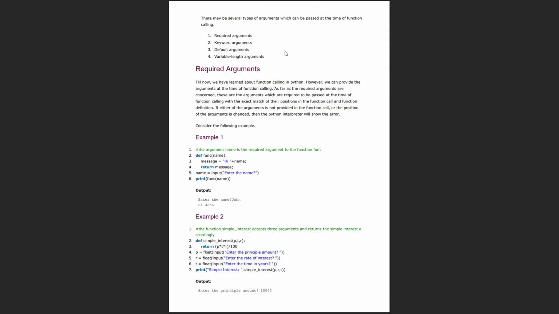We have different types of arguments which can be passed at the time of function calling. During the function call, we can pass different types of arguments which are present in Python. They are: first, required arguments; next, keyword arguments; next, default arguments; and next, variable length arguments. We'll see each of them